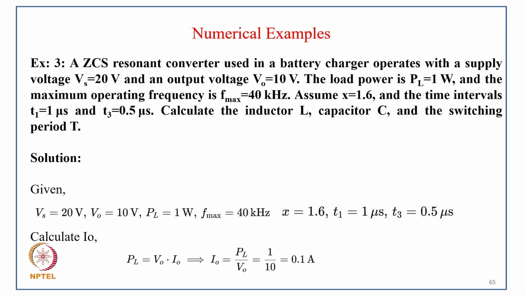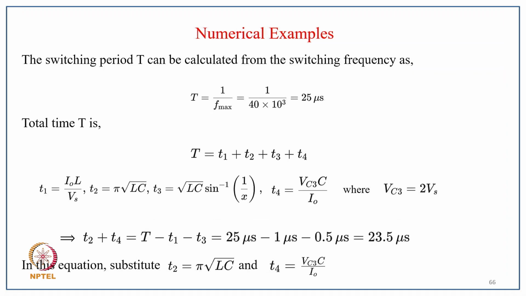So given that Vs equal to 20 volt, for solution, V0 equal to 10 volt, PL equal to 1 watt, F max 40 kilohertz, X equal to 1.6, T1 equal to 1 microsecond, T3 equal to 0.5 microsecond. So calculate I0: PL equal to V0 I0, from which we get I0 equal to 0.1 ampere, and the switching period T can be calculated from the switching frequency. So T equal to 1 upon F max, that is equal to 25 microsecond